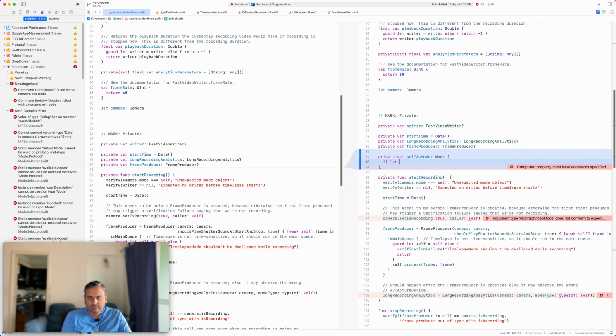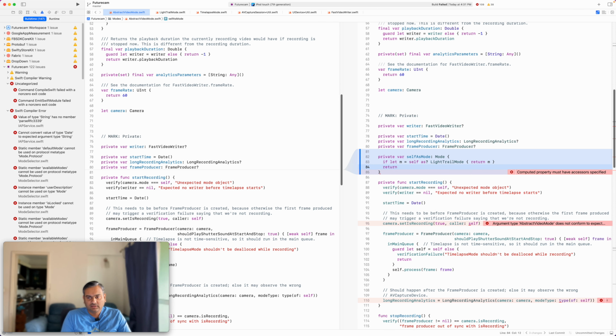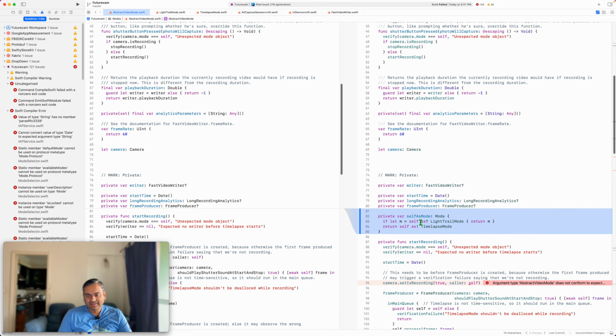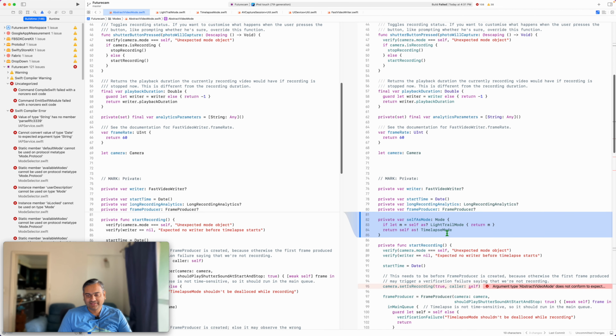If let m equal to self as light trail mode, return m, or return self as time lapse mode. This shouldn't be required. This is a hack. So actually you should make it conform to mode, but when you do, you can't implement some of these. So